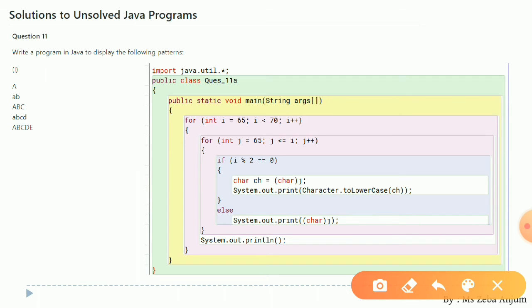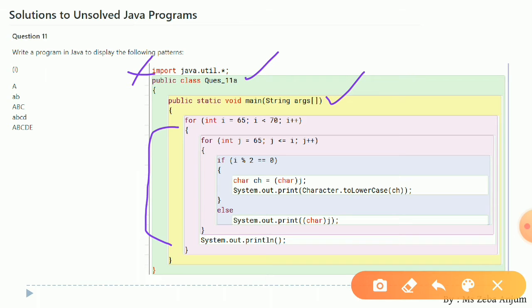It is not mandatory to write down the first line as we are not taking any input from here. Okay, so you can just skip this import java.util for now. So see the second line, public class Question11A. This is our class, this is our main function. The purpose is the same as we were seeing in the previous programs. Okay, now see, this is our main part of the program, that is your nested loops.